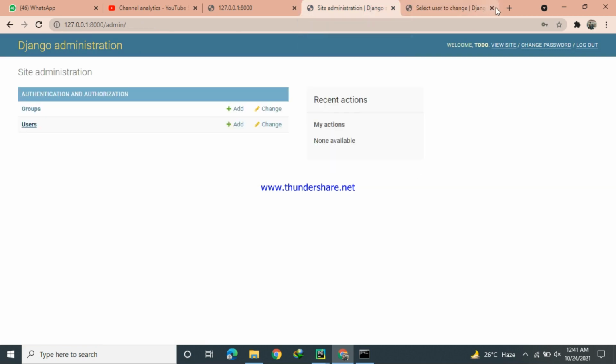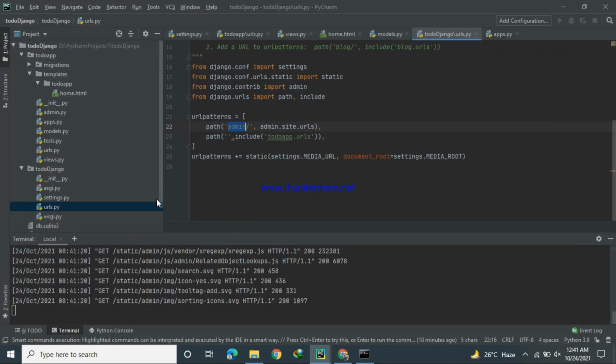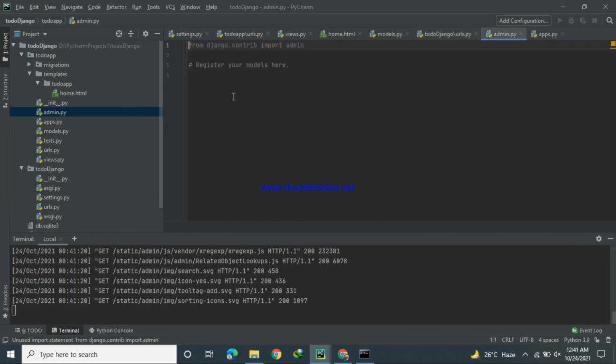So close this portion, and we are not getting our model in our administration, so we have to register our model. So how to register our model in our admin portion? First of all, we have to import the model from our models.py file.